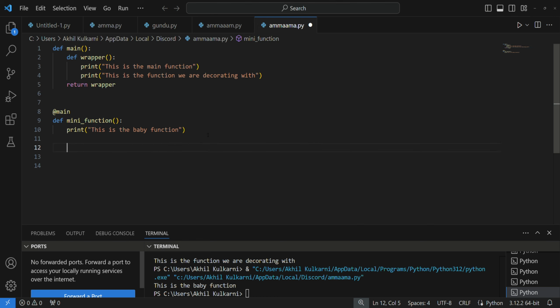So now, if we were to call this mini function, not only would we get this line of code, we would also get these two lines of code as well. However, there is a small issue. Sure, we are just decorating this mini function